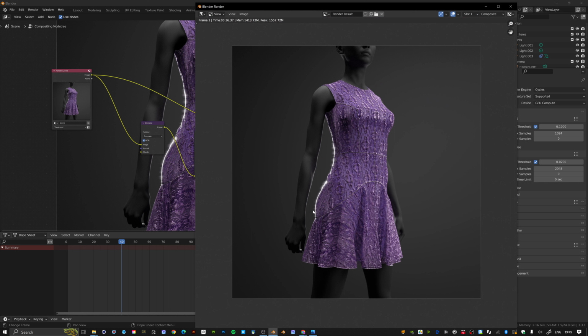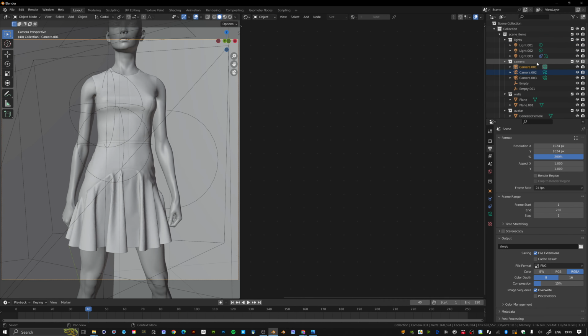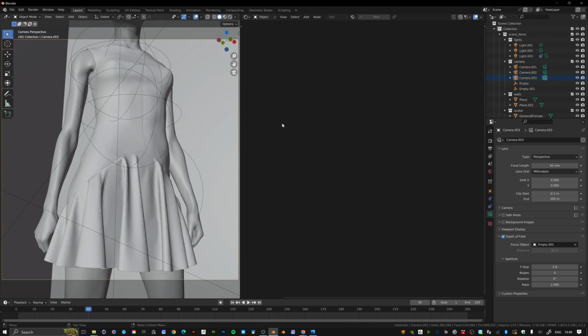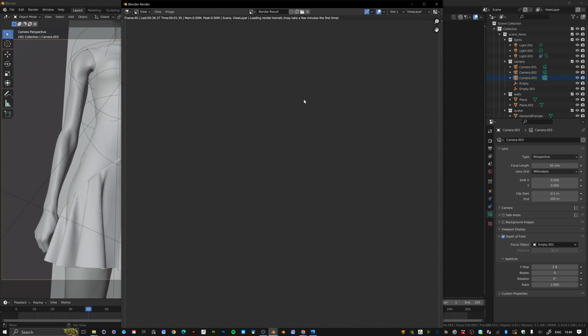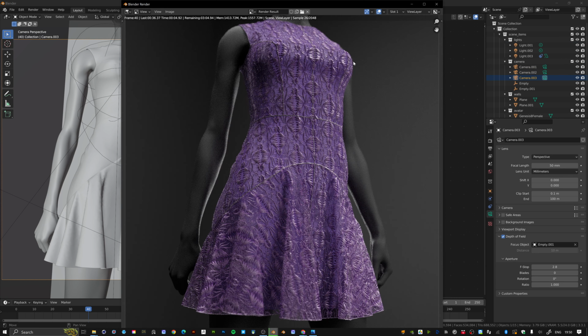So this will then be applied to every render that I do from this point on. So if I save this image to wherever I want, and then choose a different camera, go back into my layout space, choose a different camera, different angle, press F12 to render this. It'll take about 30 seconds to render this, and then the compositing will be applied automatically on top. So this will just render quickly up to